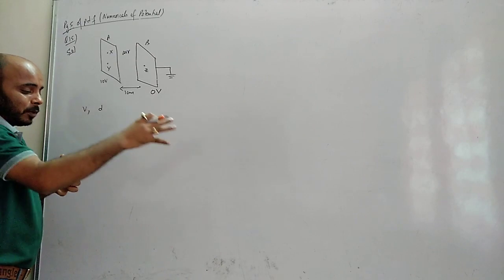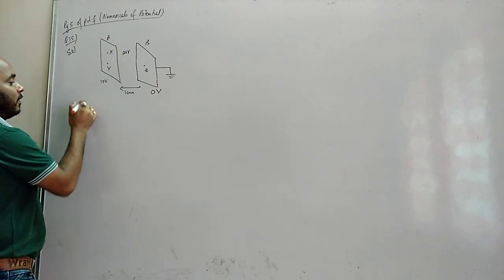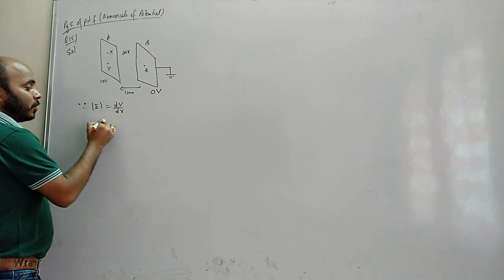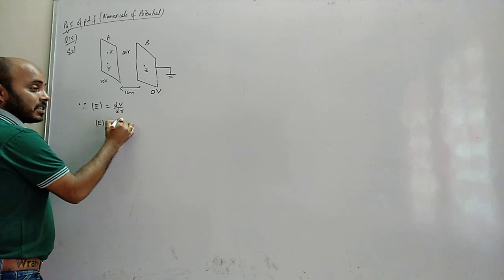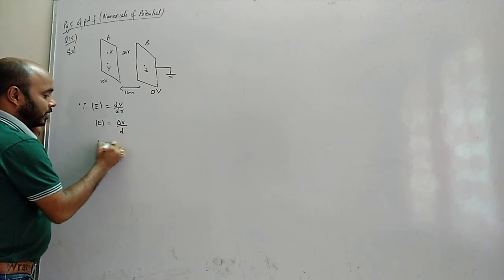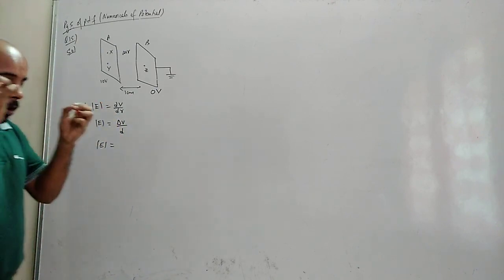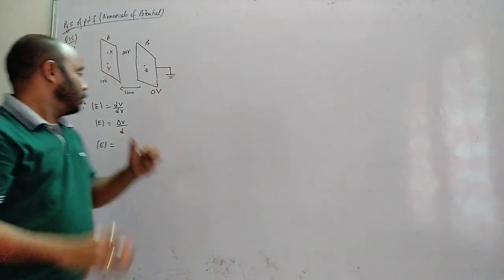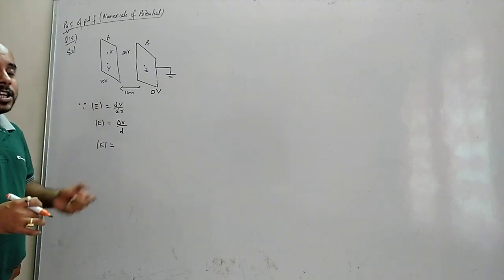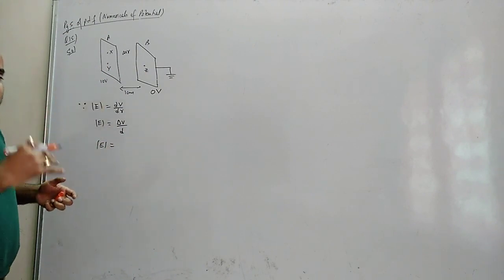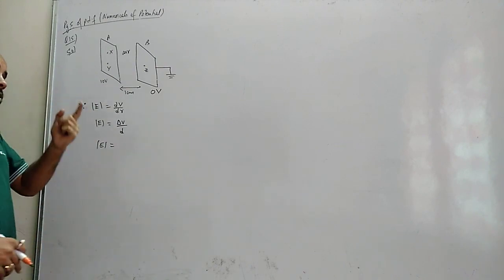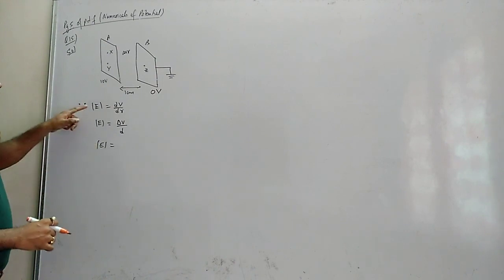So we know potential difference, we know the separation, and we want the electric field. Combining electric field and potential, which formula do we have? We have mod of E equals dV by dr. So the magnitude is the potential difference divided by the separation. The problem is that it should click in your mind that we need to use this formula. How will it click? You see what is given: electric field and potential difference. We need to go for those expressions which combine electric field and potential together, and we have only one such expression here.